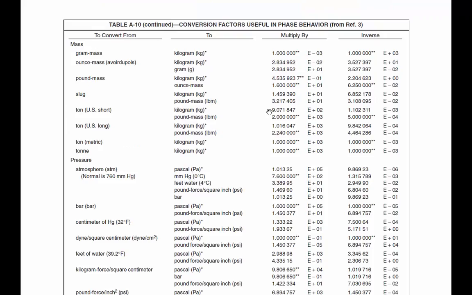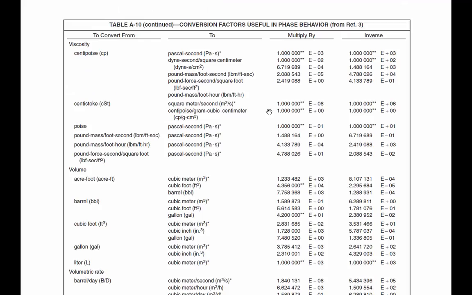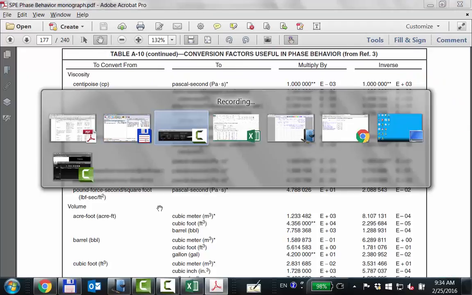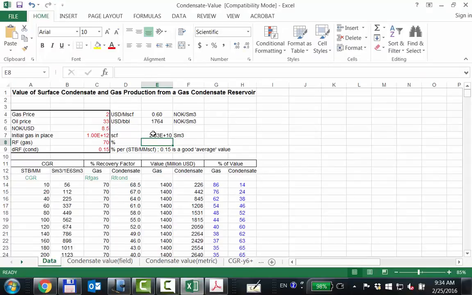My goodness. There we go. Okay, so there's cubic feet, cubic meter, 35.31 cubic feet in a cubic meter. I'm pretty sure that's right. Anybody disagree? Okay, so which means that the Excel sheet was not right. This wasn't really being used, but